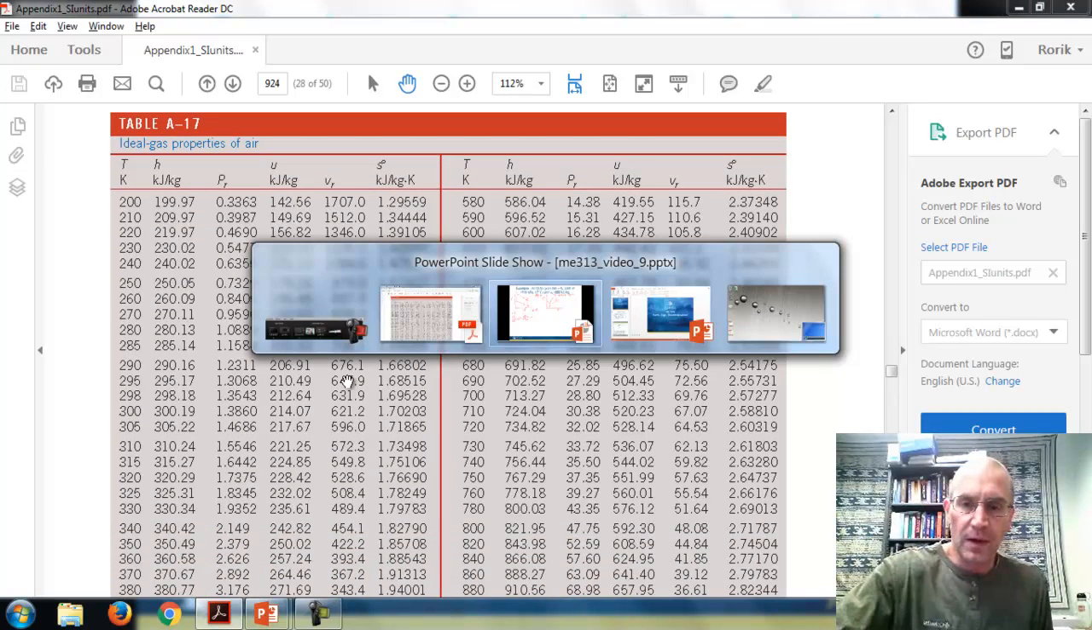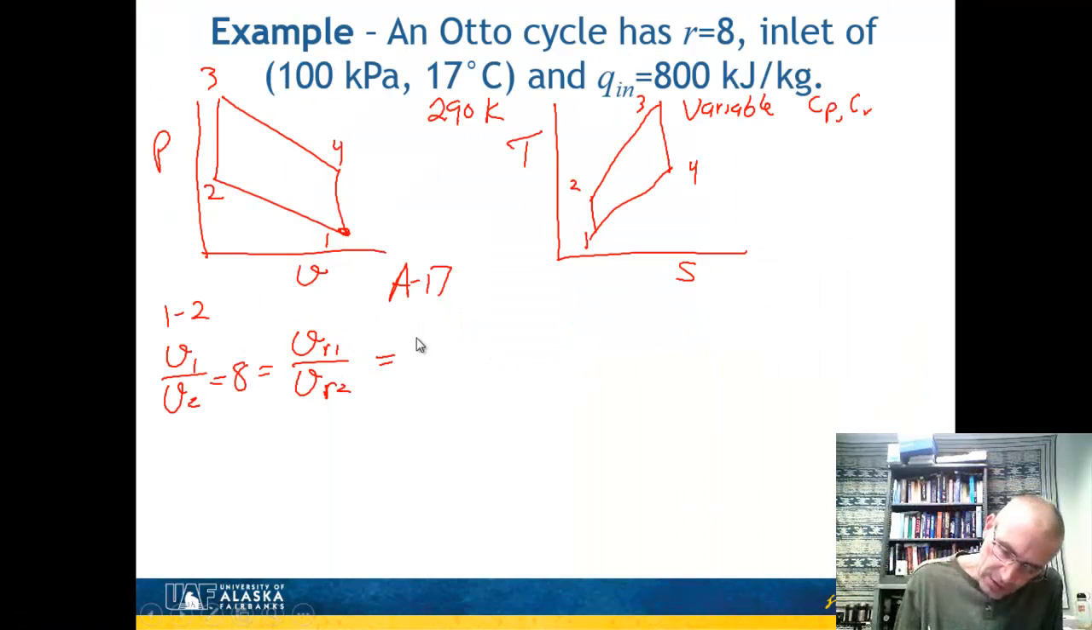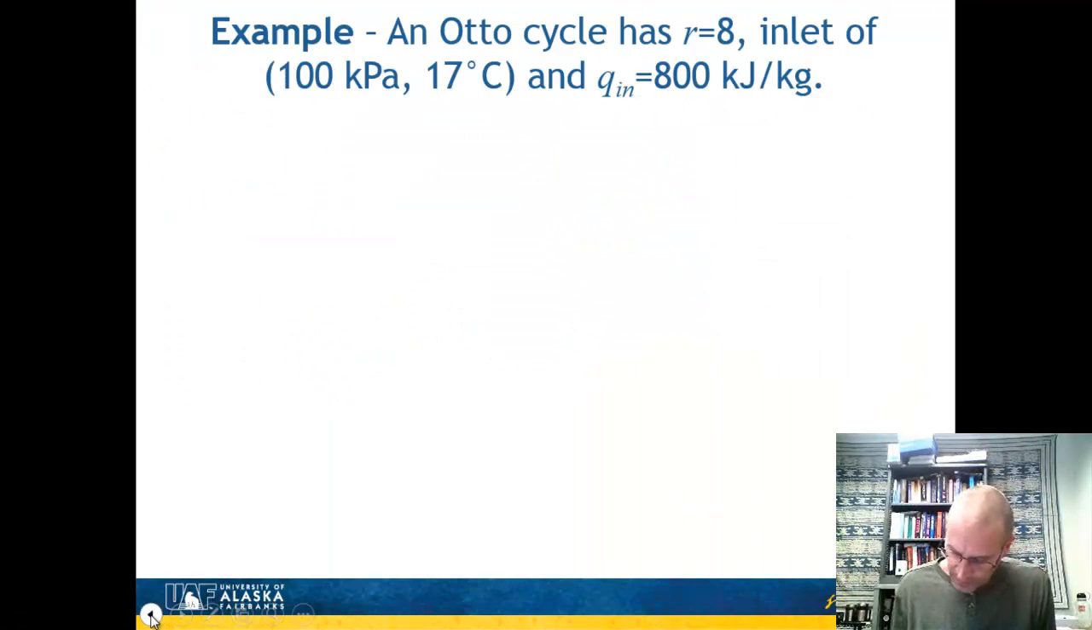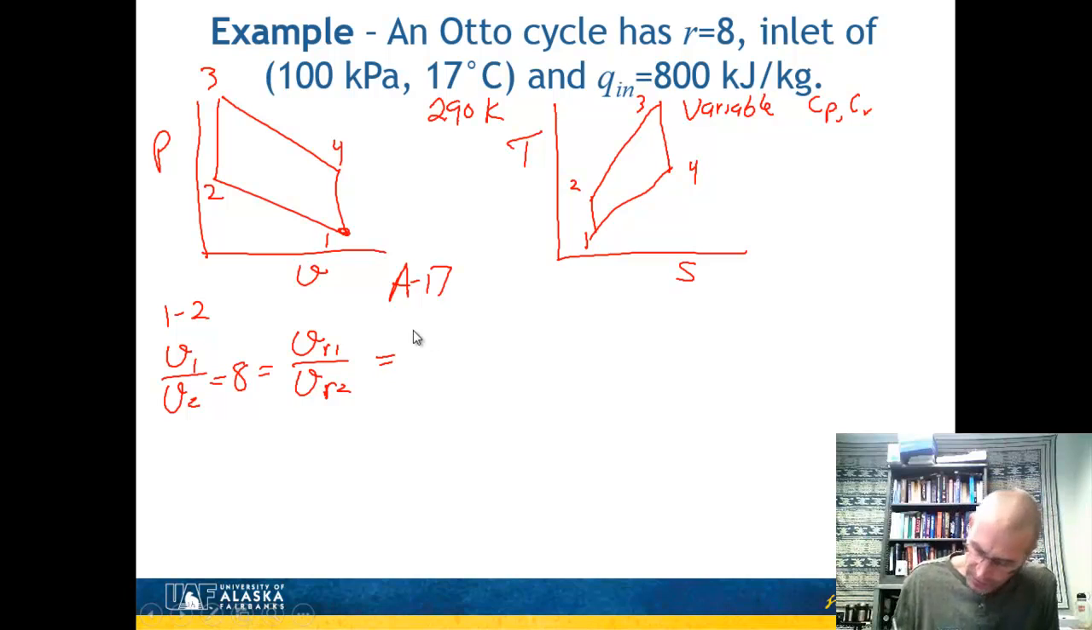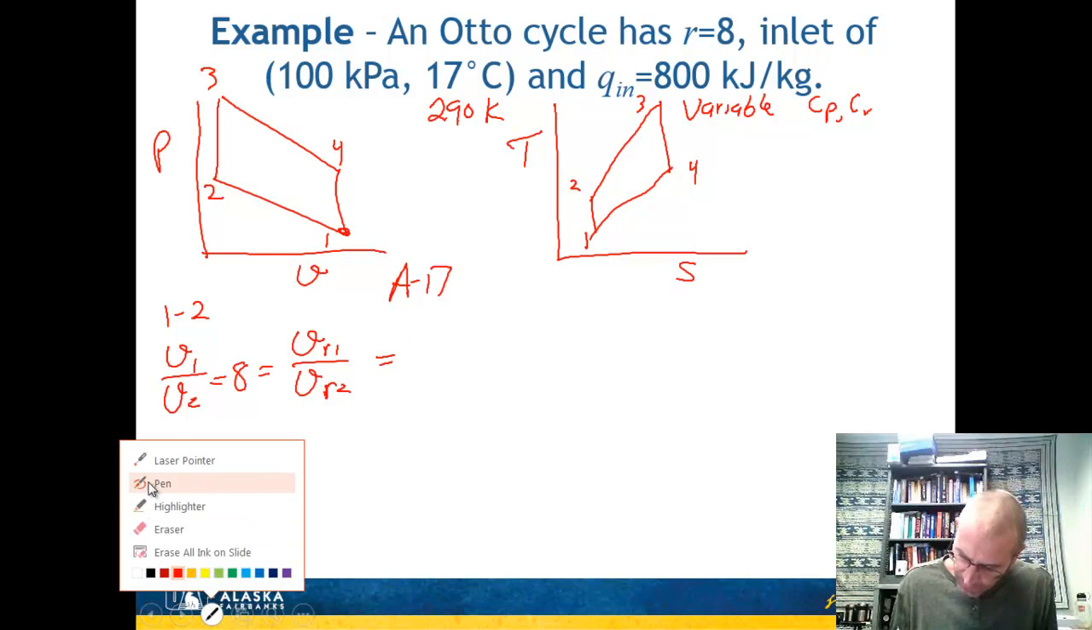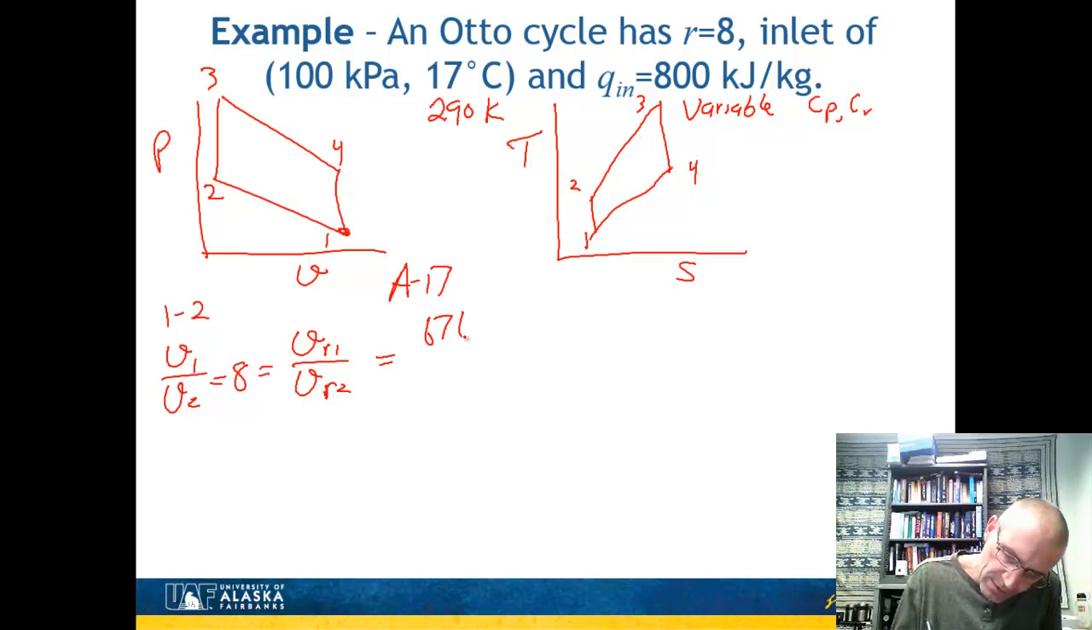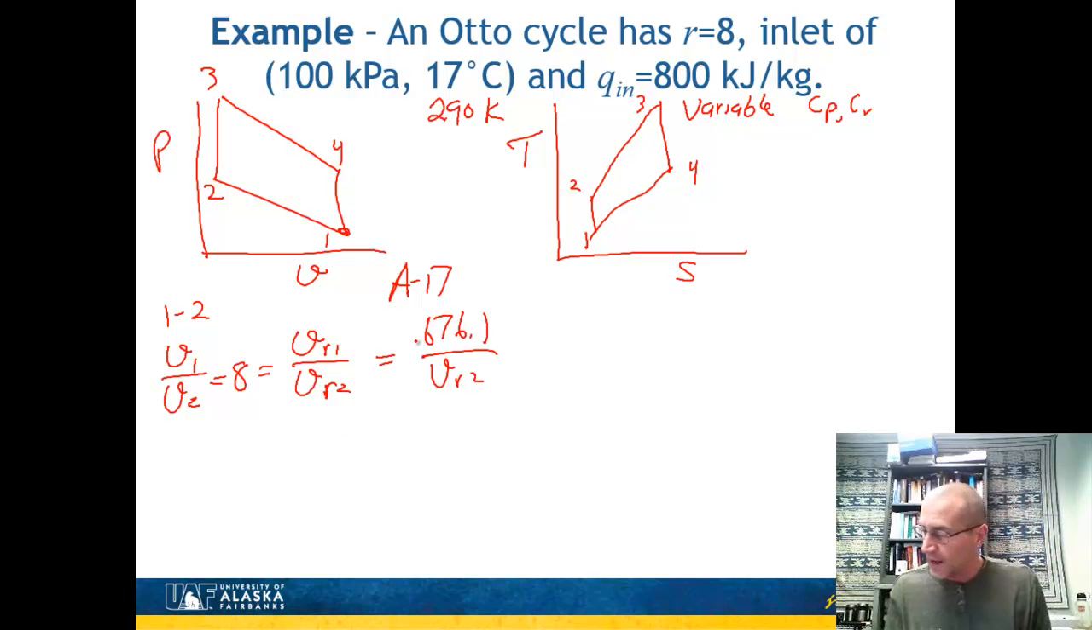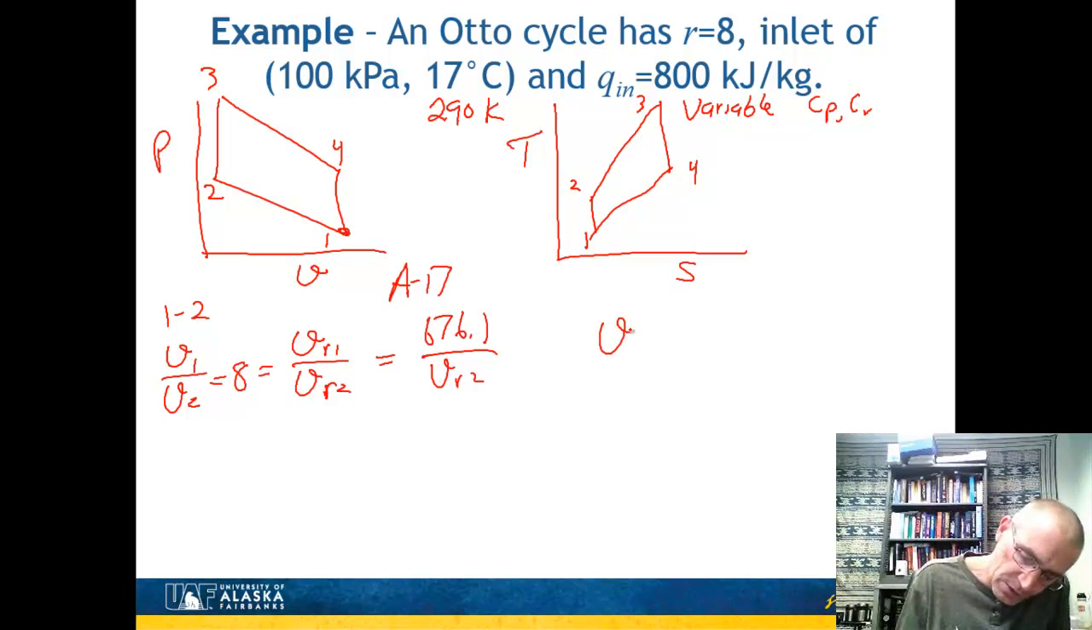So if I come back to my problem here, that is going to be 676.1. And that is equal to 8, right? So that's going to be over VR2. Sorry, this ratio is equal to 8. And so from there, I'm going to figure out what is VR2. So I solve for VR2 with that equation. VR2 is